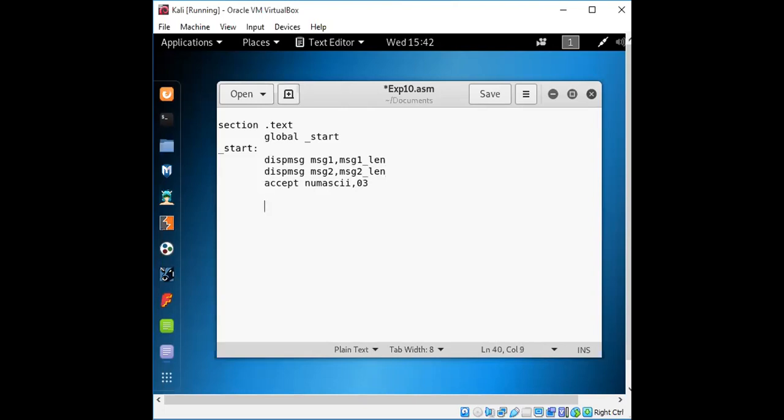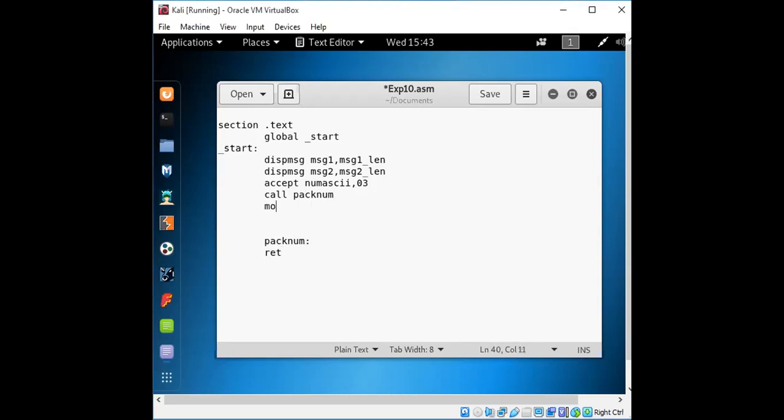We need to check the number or do the conversion for this. So we need to check whether the value is greater than 9 or less than 9. So for that, call one function which will be checking the number and return the content. Right, so we'll write this content.